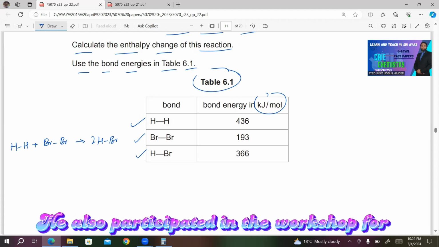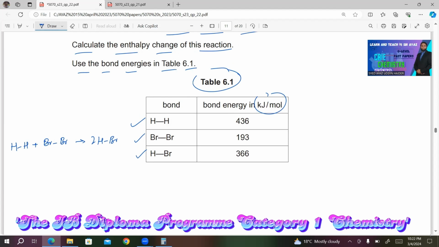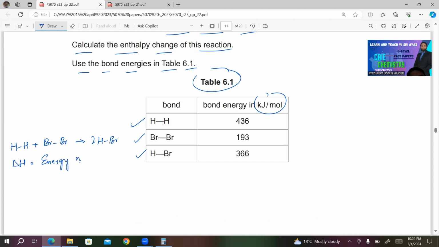The formula is energy associated in breaking of bonds minus energy released in making of bonds. So delta H is equal to energy needed to break bonds minus energy released